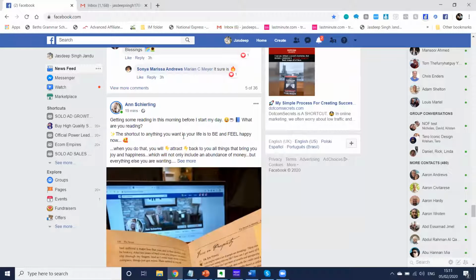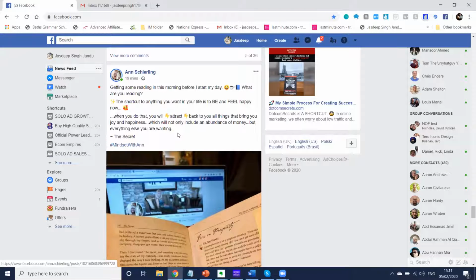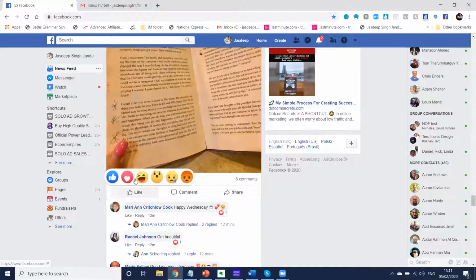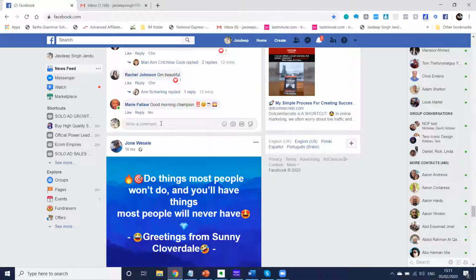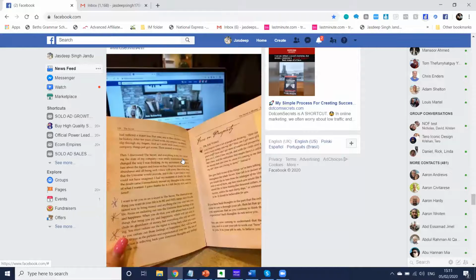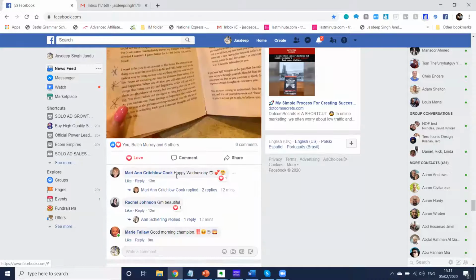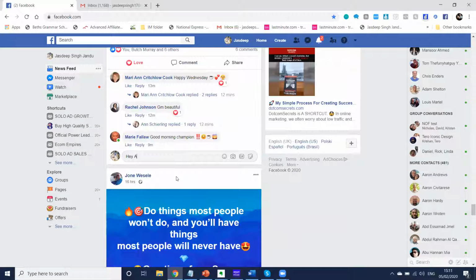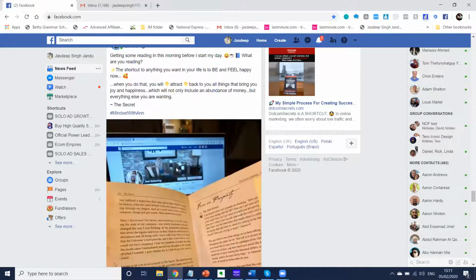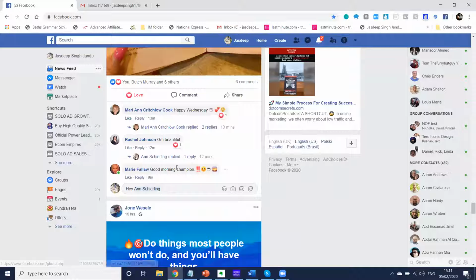What are you reading? The shortcut, anything you want in your life is be and feel happy. So I'm going to let her know what I'm actually reading. Hey, Anne. She's actually one of my customers and she should be in this course. I hope she is. I hope you're watching, Anne. I am currently reading